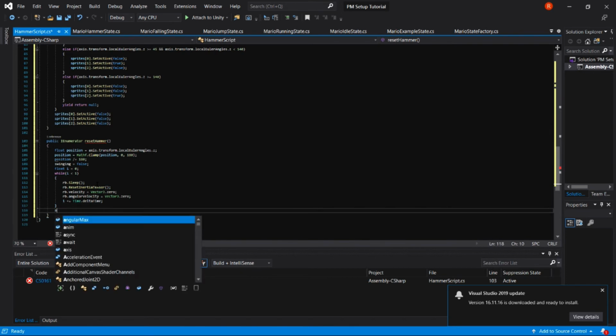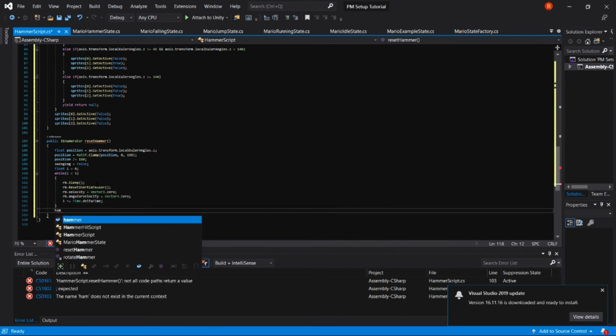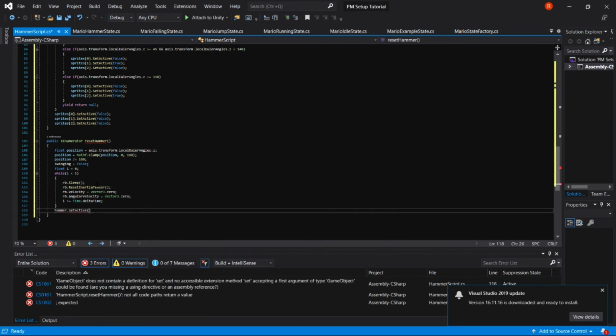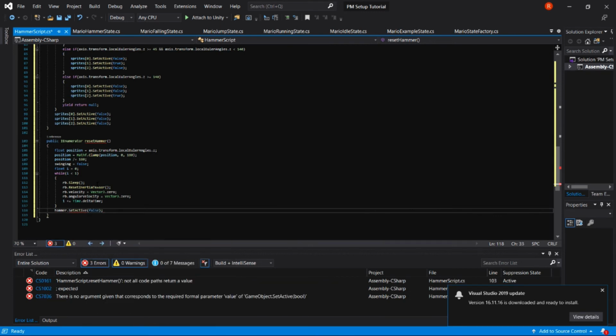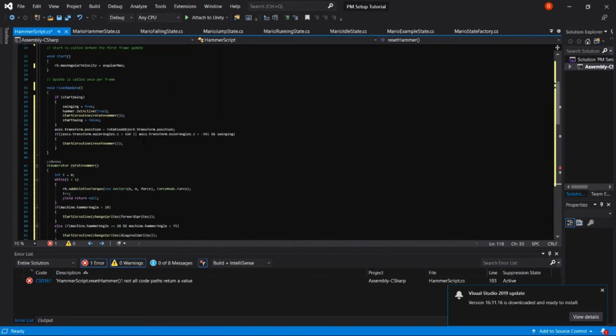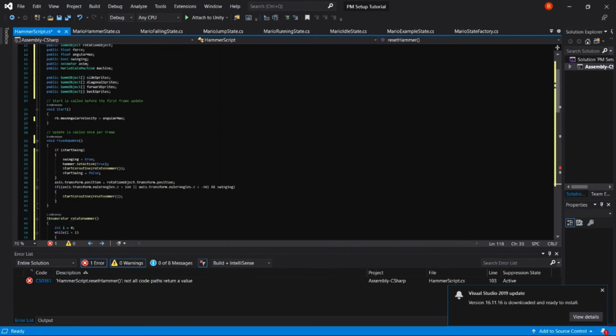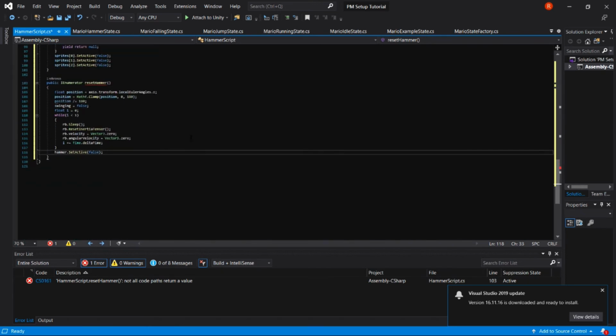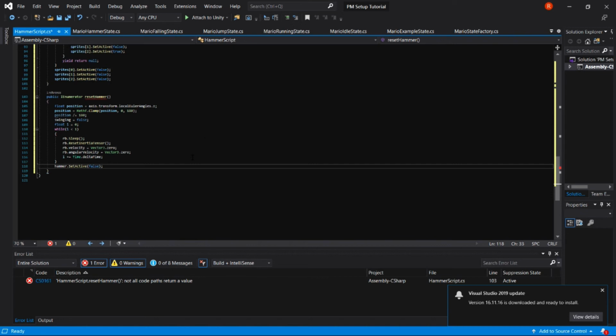After this, we're going to say hammer.SetActive(false). So after this, we can make the hammer disappear. We made it appear when we first started swinging. It's just for the visuals. And then here we're going to turn it off, and underneath this we're going to say